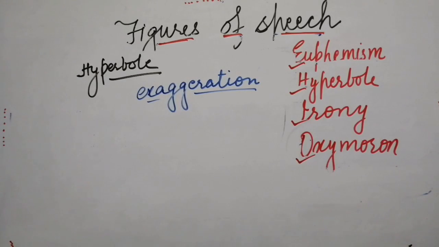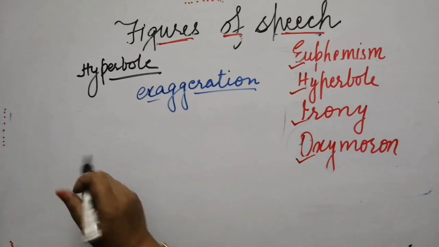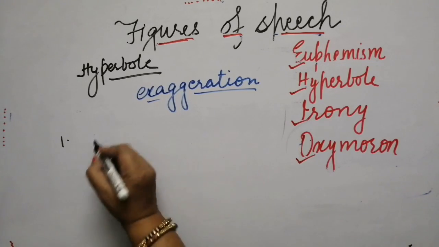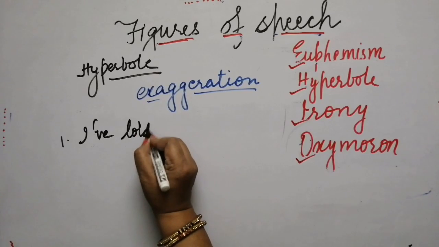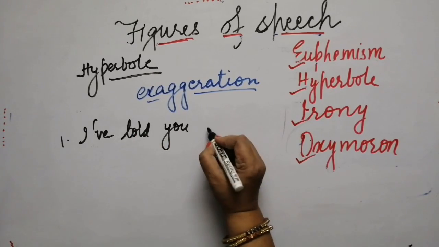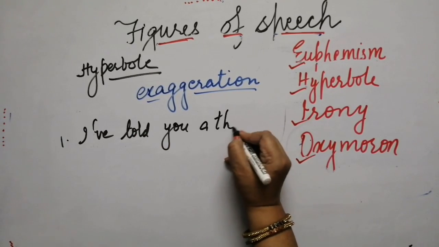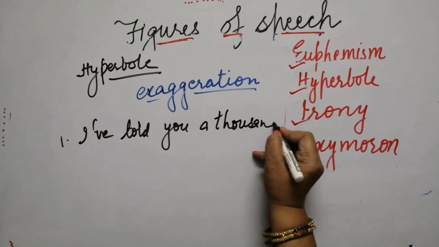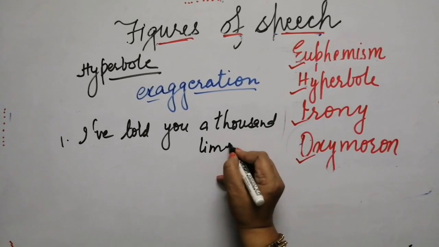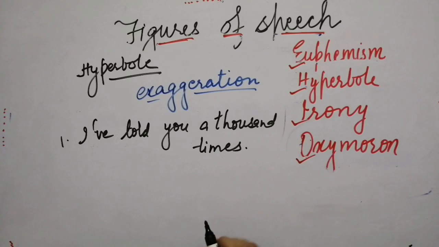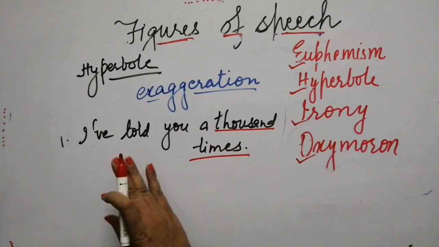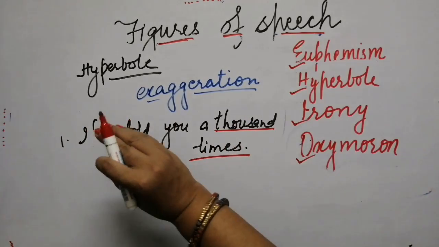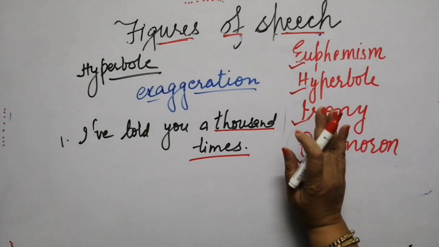Let's have one example, and just to prove that it will be easy to understand that. So many a time we say, I have told you 1,000 times. Yes, I have told you 1,000 times. But if in reality, in practically, it might not be 1,000 times. Just it is used to say that many a time it was told there, right?